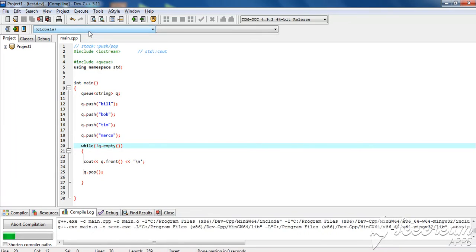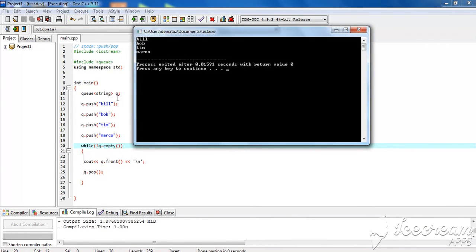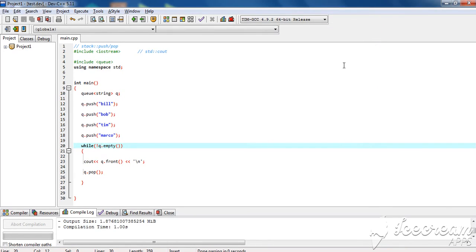Compile and run. You see Bill, Bob, Tim and Marco. That's it. So that was a lesson on